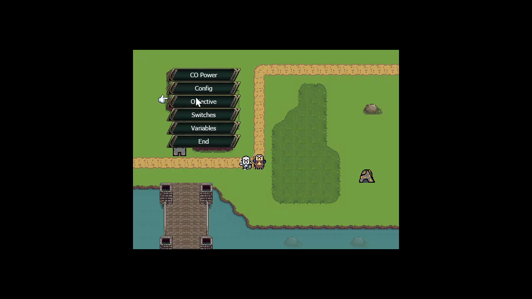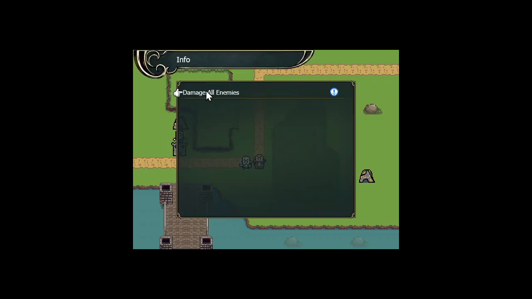And now with communication events, we can go to CO power. Damage all enemies, and that horseman should take 20 damage. Boom. Okay, well. Okay, so I think what I'll have it do